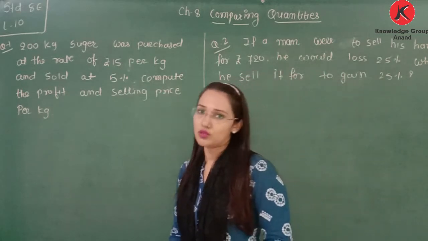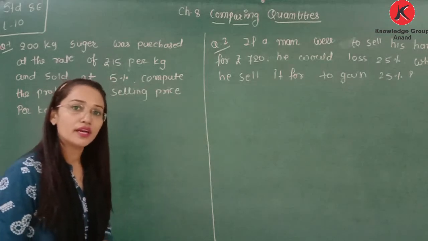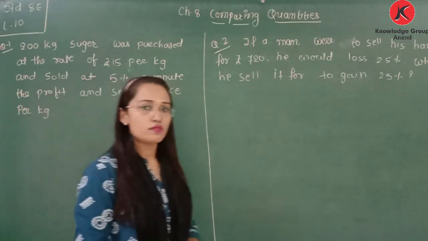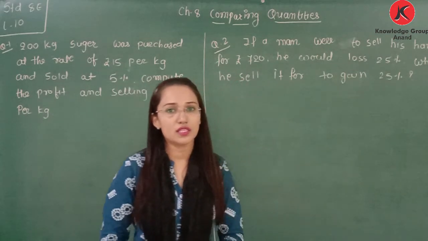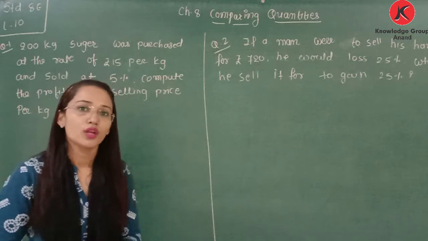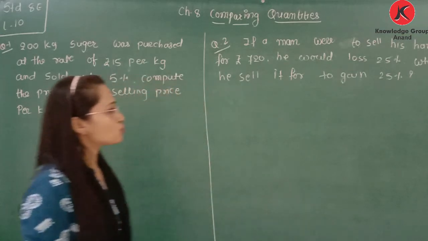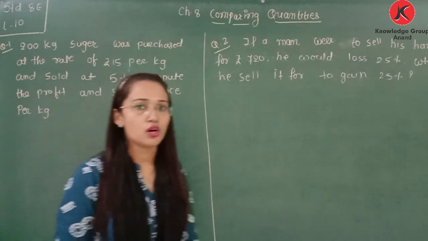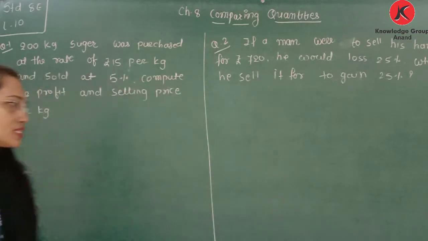After that, we also learned about the discount. So what is discount? Discount is a reduction on the mark price. So discount is always calculated on the mark price. Whatever mark price is there on an item, the discount is always calculated on that price. So today we will solve some extra examples related to profit, loss, discount, increase or decrease. So let's start with the first example here.